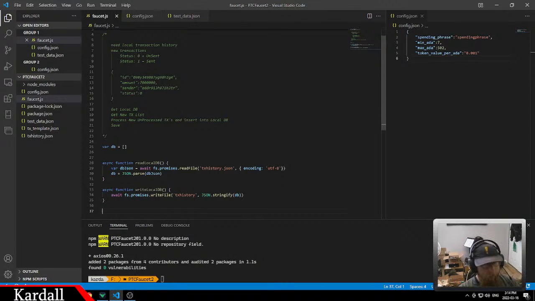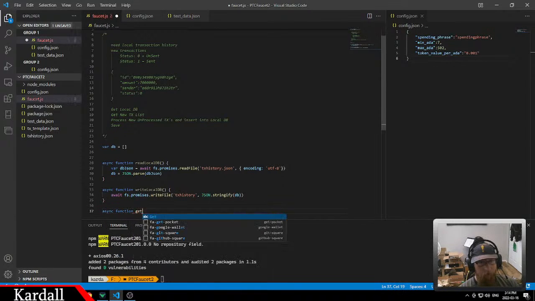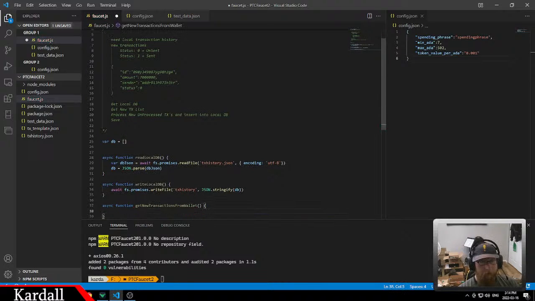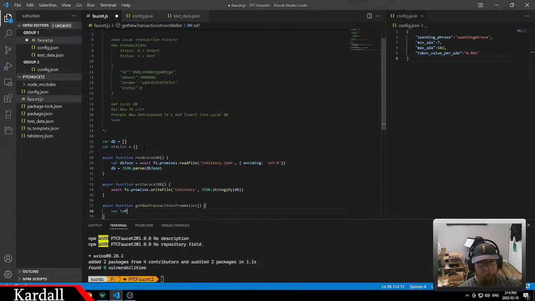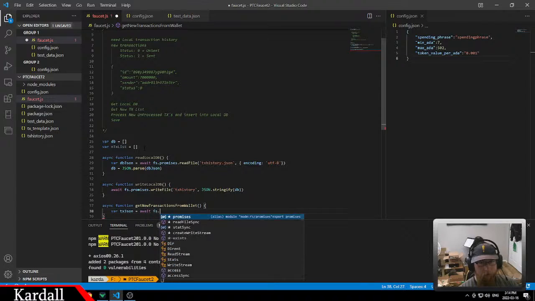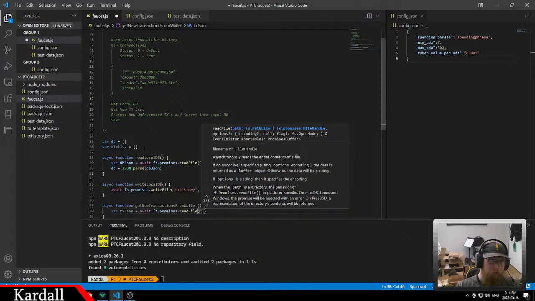So now I'm just going to create an async function called getNewTransactionsFromWallet. Right now ntxList is going to be an array. So what we're going to do is var txJson is await fs.promises.readFile, and this is